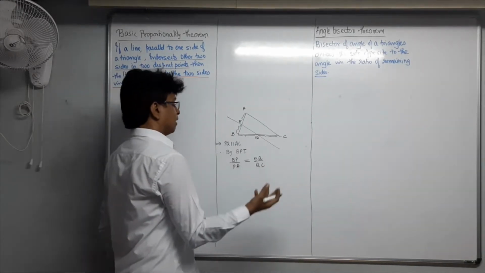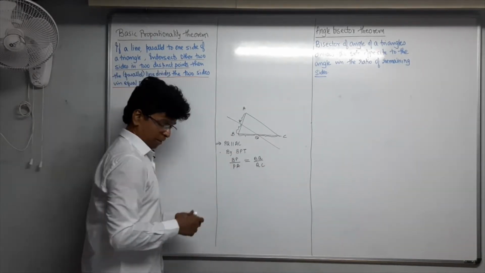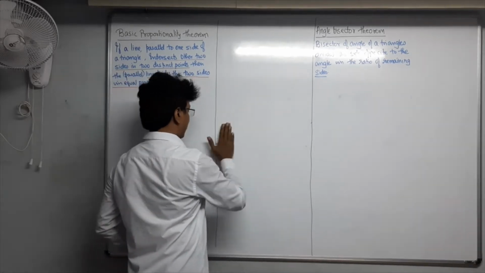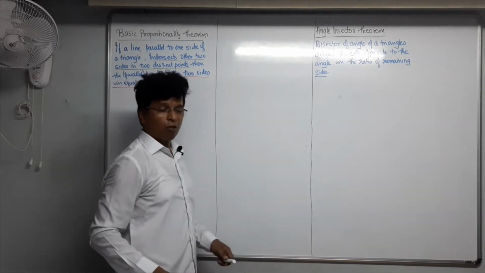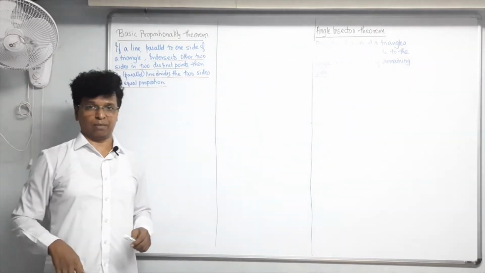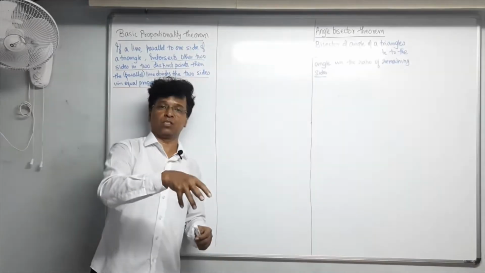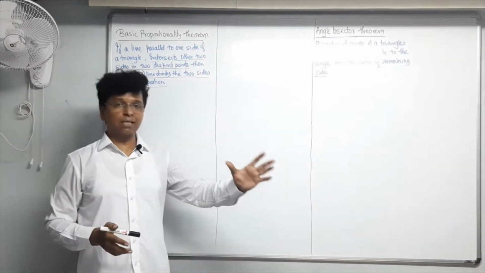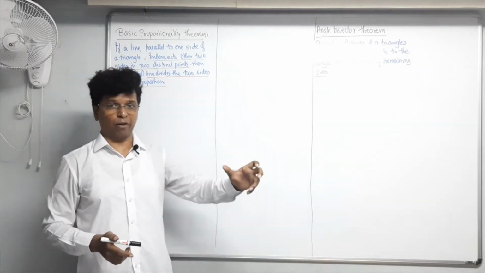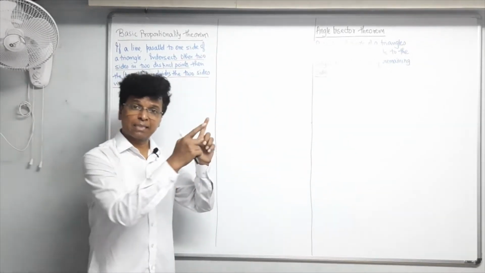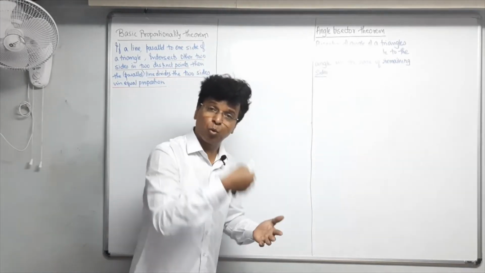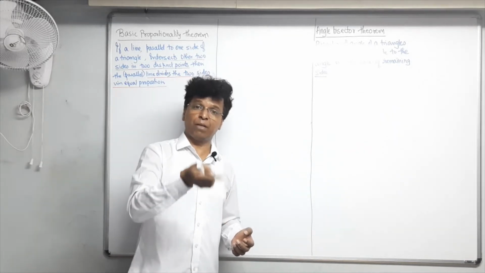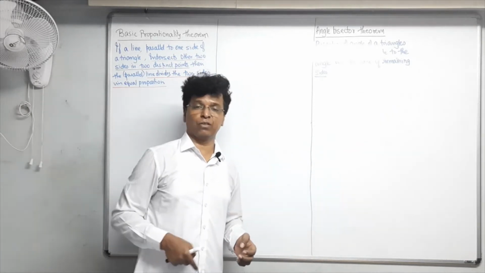See, you should be able to do it in plenty of ways. You should be able to apply this theorem. But at present, we are going to prove this theorem. So in this case, when we are going to prove this theorem, we have to prove that when a line parallel to one side of the triangle cuts the other two sides in two different points, then it is cutting the lines in proportion. That you have to prove. Here the equation that is going to be formed, you have to prove that equation.